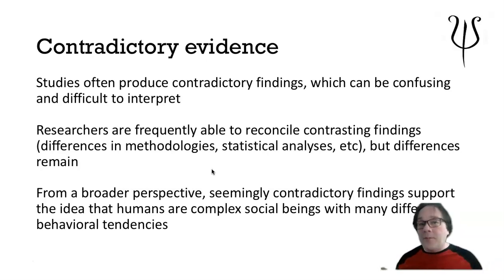But no matter how much we go looking for what might be causing these differences in results, we're not going to be able to explain them all away. So there's always going to be some differences there. Again, humans are complicated, right? And we change. We're in a social psych class, so I can say this, right? From a social psychological perspective,